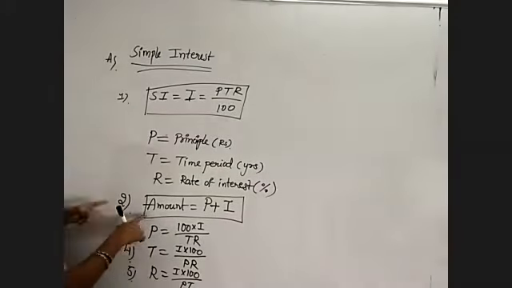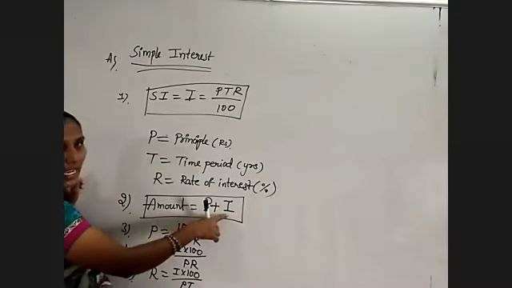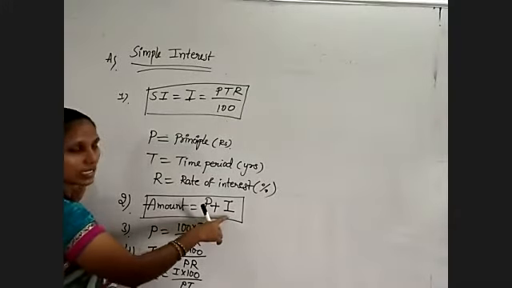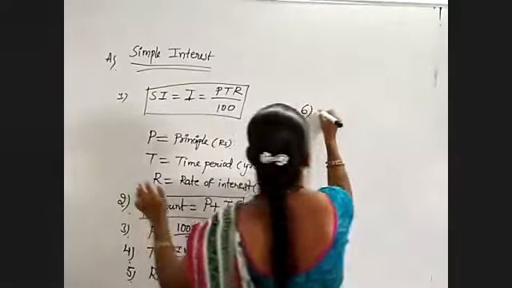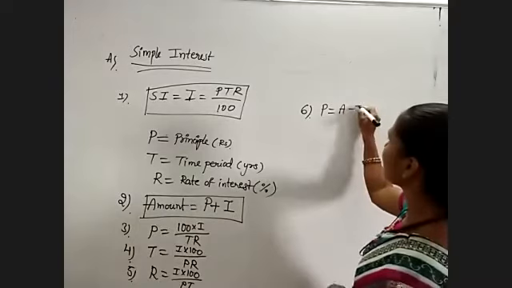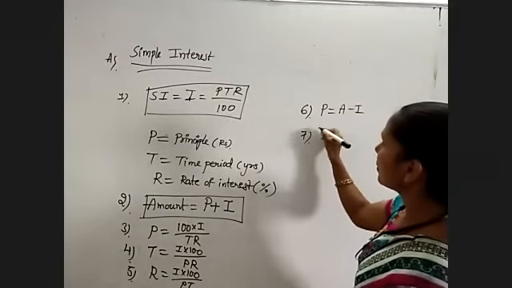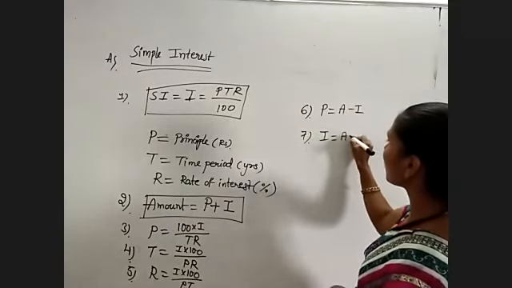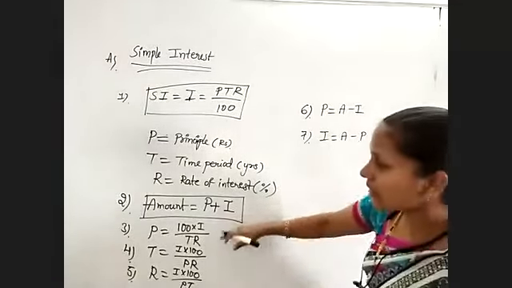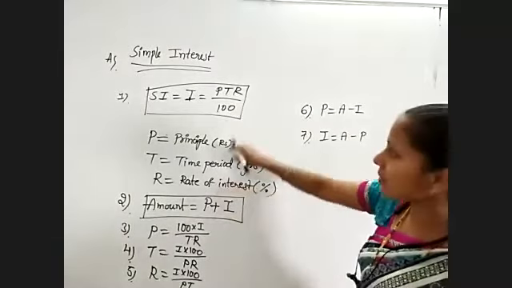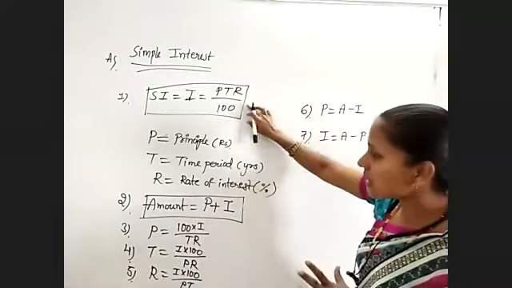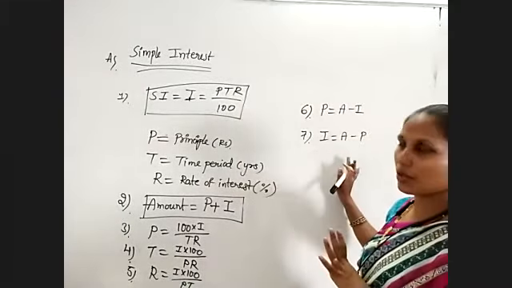Okay. And from the second formula, we can write the formulas for P and I also, because for the amount given, we can write principal as well as interest. So observe that principal will be equal to amount minus interest, since amount is the highest value, and interest will be equal to amount minus principal. So these are the related derived formulas from these two basic formulas. That's all, so that's why I did not mention these. If you remember these two formulas, it is enough to solve any problem. Okay.